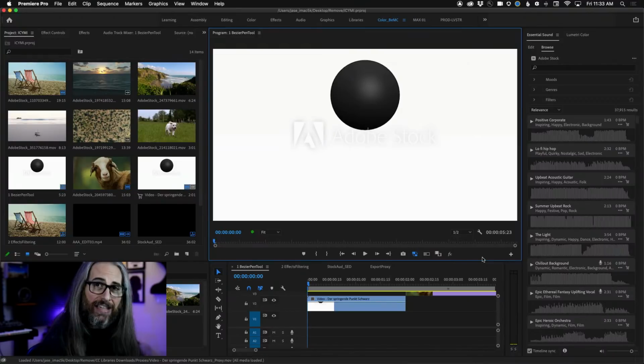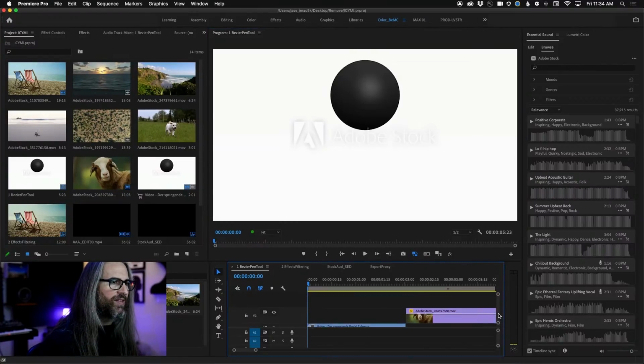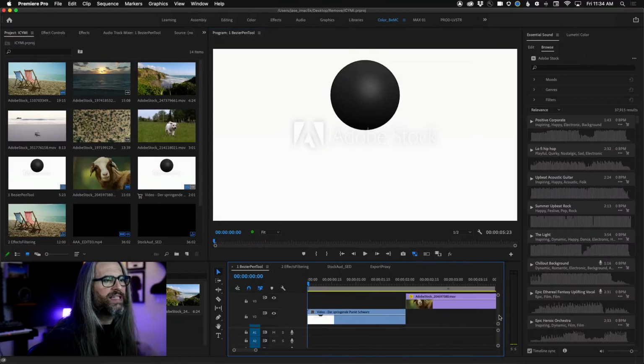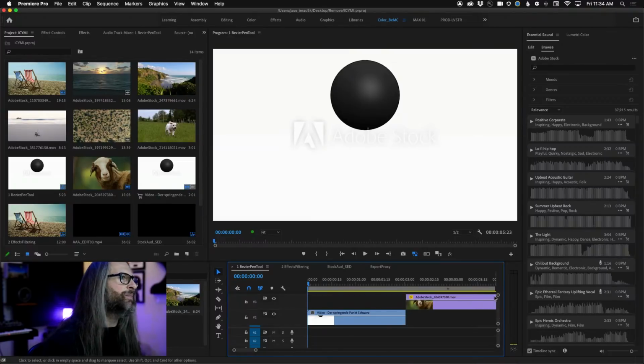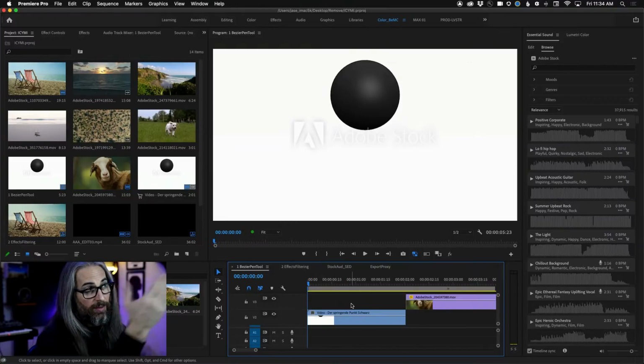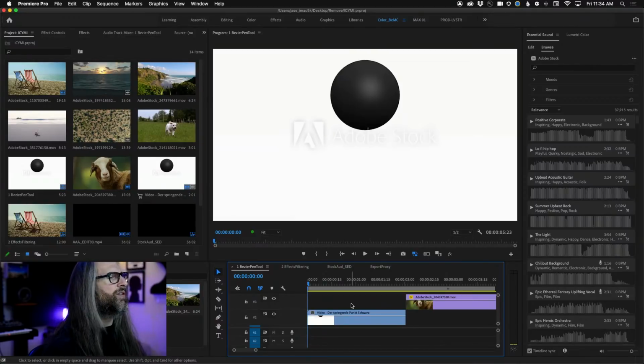Seems like a really easy, obvious thing, because it's done in all the other applications, but now you have it in Premiere as well, and it's real simple and it's real easy. So I'll show you a couple of quick examples of this, just with creating some basic masks. But of course, you can use this whether you're masking on effects or just drawing with the pen tool in general. The same process applies. So here, by the way, all the footage that I'm showcasing today is Adobe Stock footage, some licensed, some in preview mode here. A couple of clips are mine from random things, but almost everything here is Adobe Stock content.